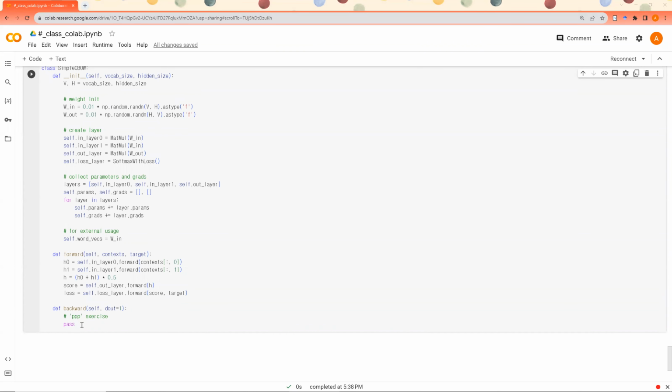Okay, let's implement this backward method together. The upstream gradient should go first to the loss layer. This loss layer receives the upstream gradient and calculates its own gradient. And then we pass this gradient